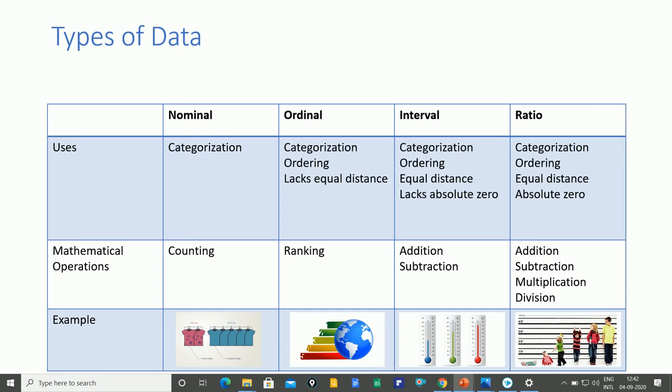Now coming to ratio scale data, apart from addition and subtraction, we can also perform operations like multiplication and division. Why this is so? Because ratio scale has got an absolute zero value. So we can do the ratio operations like division and multiplication. Here, an example could be that of weight or height. Height equals to 0 means no height, and also this is the lowest possible value.